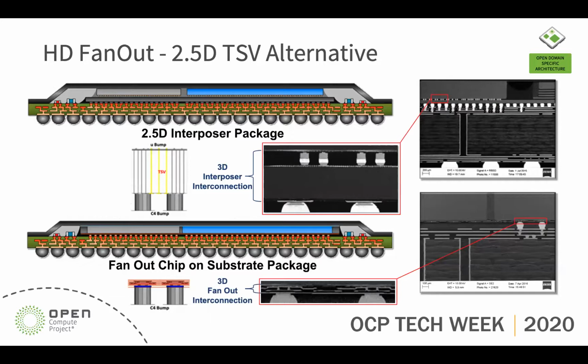The high density RDL can also be used as a TSV alternative. There's 2 ways to do these RDLs. One is what's called chip first, where we place the die and reconstitute the wafer first and plate the RDL layers directly to the die surfaces. The second is where we form the RDL layers first on a carrier layer and then flip chip attach the dies to that RDL layer. And this is what would be required if you were trying to integrate, for example, high bandwidth memories, which come with solder bumps already on them.